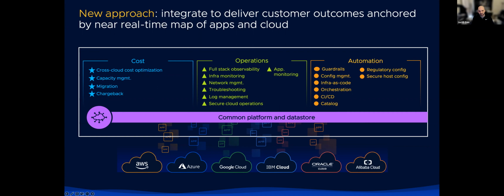So all things cost, all things operations, and all things automation. Again, if you're familiar with vRealize, you know that there's several products that fit into these columns. But what's missing is this underlying piece, this common platform and data store, which is an entire architecture in itself. So while we provide a lot of integration between the individual products, once we start breaking them down into these columns or domains, the integration needs become unique, become significantly more challenging, but also become absolutely